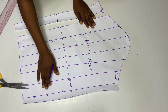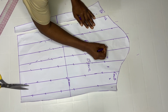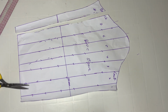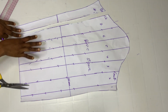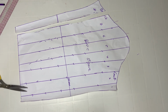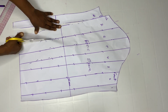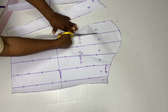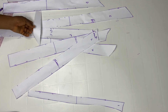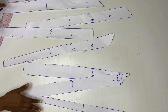I'm sorry, we are supposed to number these as 1, 2, 3, 4, 5, 6, 7, 8. This is for you to know how to actually arrange it. Even if you have more than 8, even if you have up to 10, even if you have 6, it does not matter. This is just so you know how to arrange it accordingly. That's why we are numbering. Guys, so this is it. What I'm going to do now is set this aside,